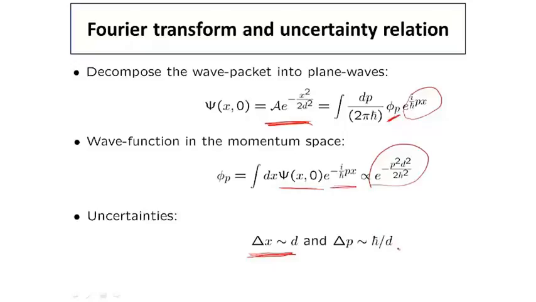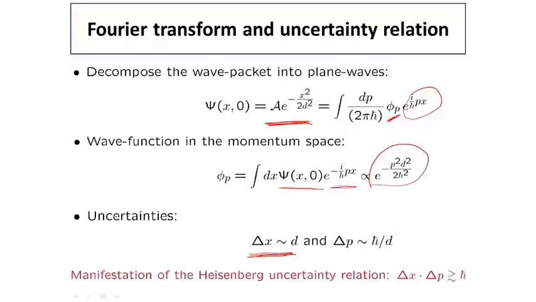And so this sort of dual relation, that the more it's localized in real space, the less it's localized in momentum space, and vice versa, is a particular manifestation of what is known as the general Heisenberg uncertainty principle, which is written here. So in general, whatever wave function you have, whatever quantum state you can possibly construct, there is always a constraint that the uncertainty in position times the uncertainty in momentum is larger than or equal to h bar over 2, h bar being the Planck constant.